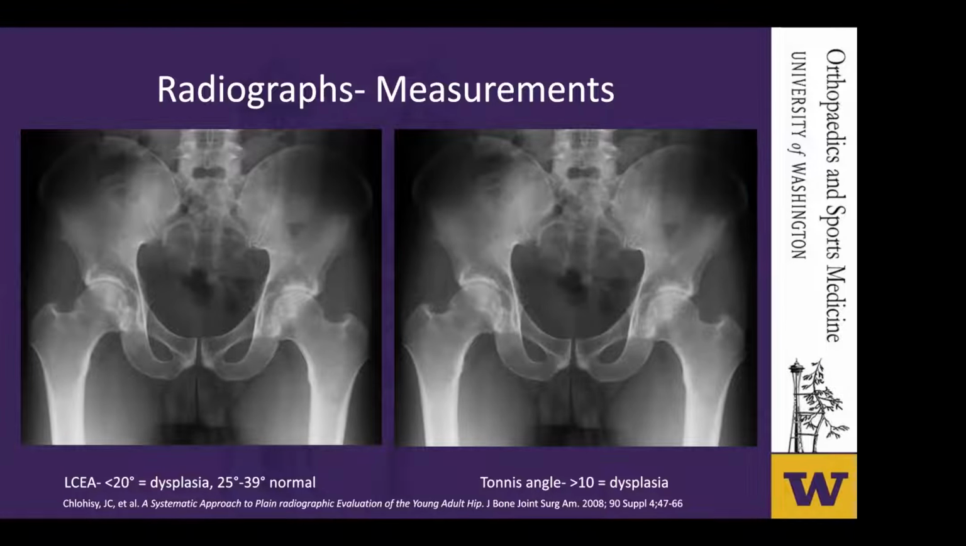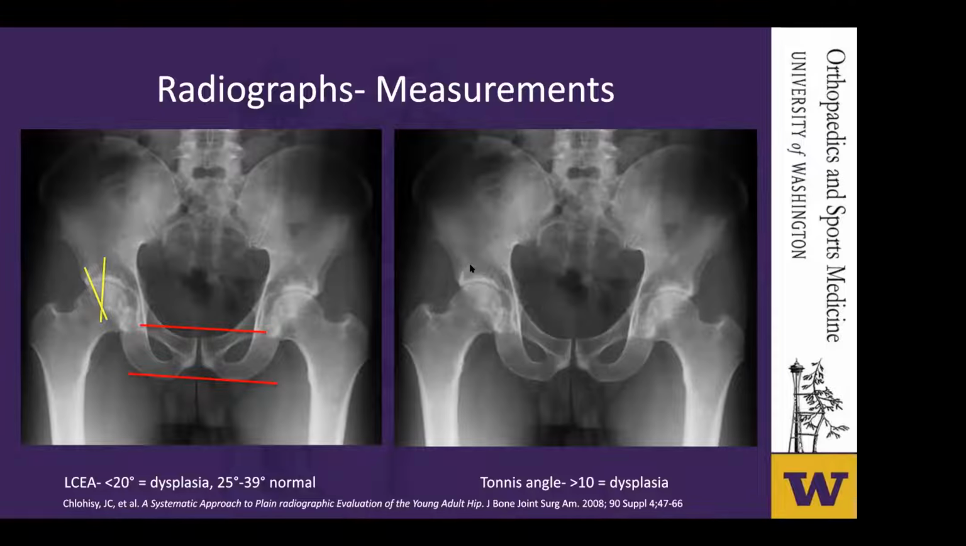The lateral center edge angle is the angle between a line through the center of the femoral head that is perpendicular to the teardrops or ischial tuberosities, and a line through the center of the head and the lateral border of the sourcil. A lateral center edge angle of less than 20 degrees is dysplastic, while 20 to 25 degrees